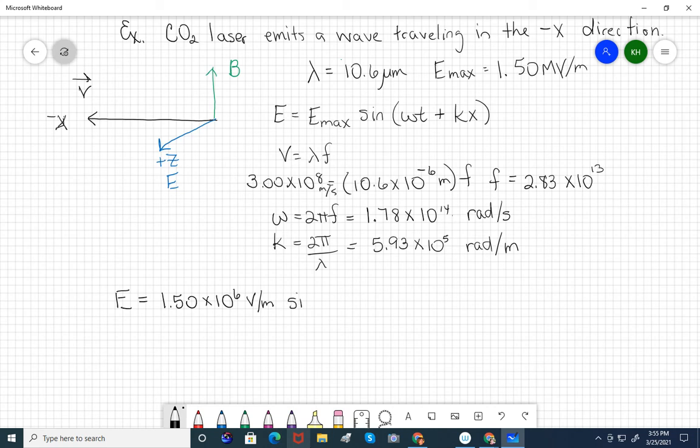Sine, and here it gets a little messy. Omega is 1.78 times 10 to the 14th times t, and then plus k is 5.93 times 10 to the 5th